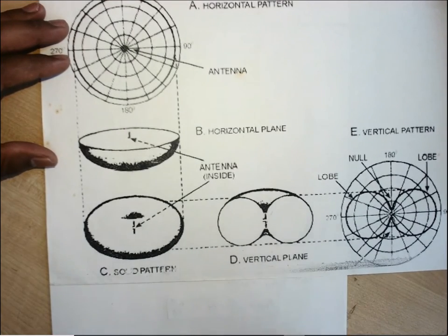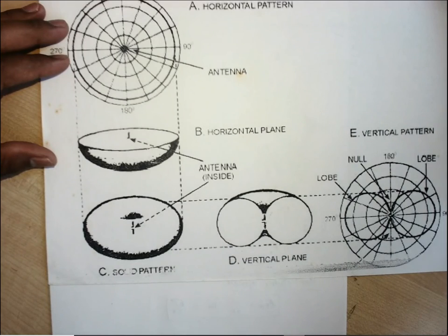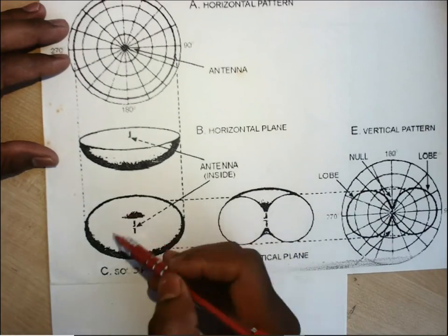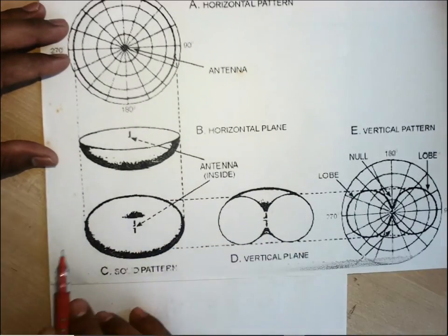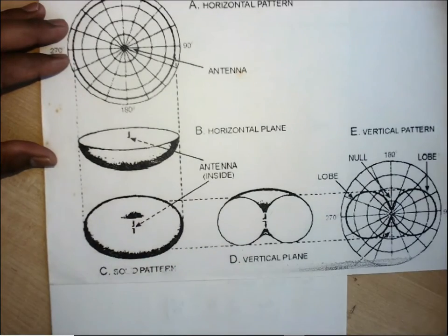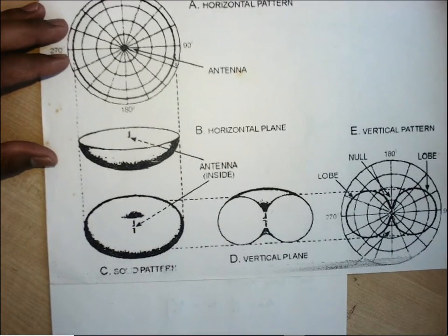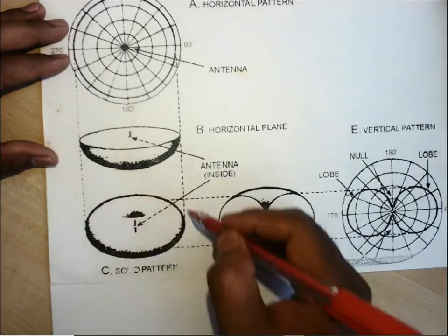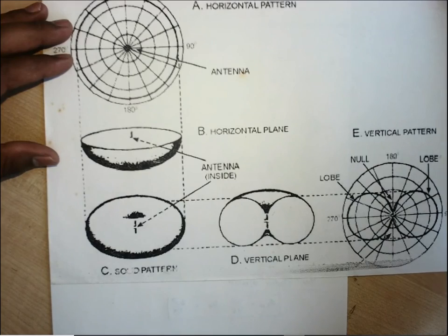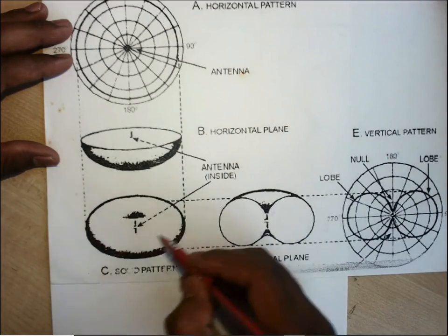Omnidirectional means it is directive only in one direction, and it is non-directional in other directions. So if we consider this kind of shape and move along the azimuthal plane, that is, if we vary the value of phi, is it directive? No, because it is like a sphere. It has an isotropic radiation pattern along the phi plane, because it looks like a sphere.